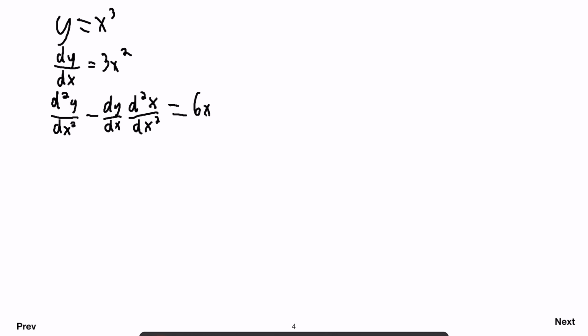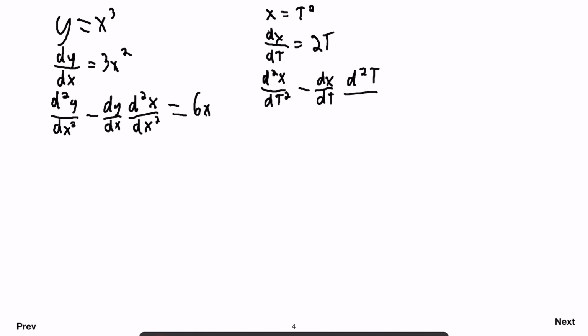And then on the other side we're going to say x equals t squared, so dx/dt equals 2t, and we're going to have d squared x over dt squared minus dx/dt times d squared t over dt squared equals 2. Okay? So now, if we want to know the